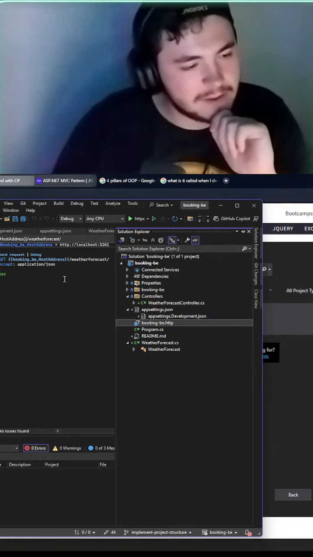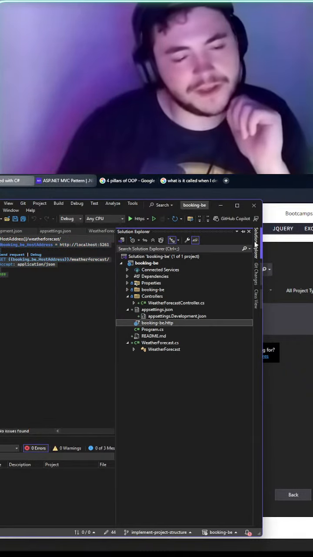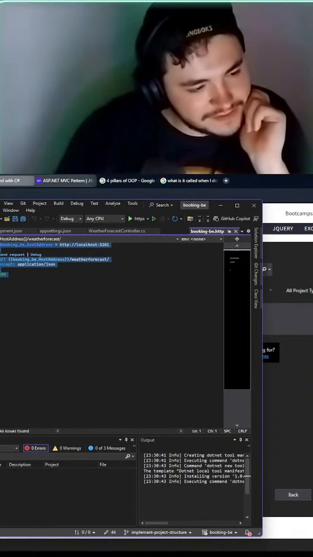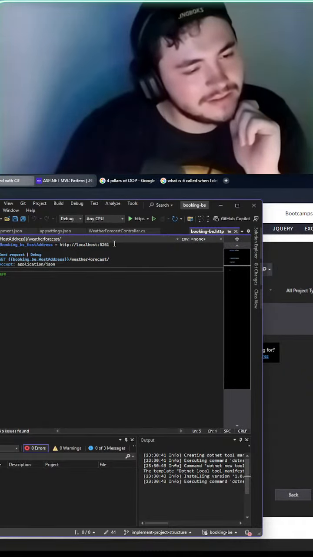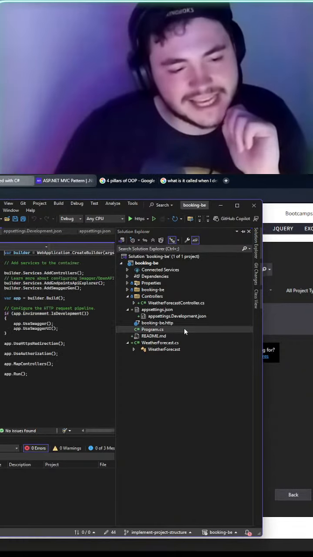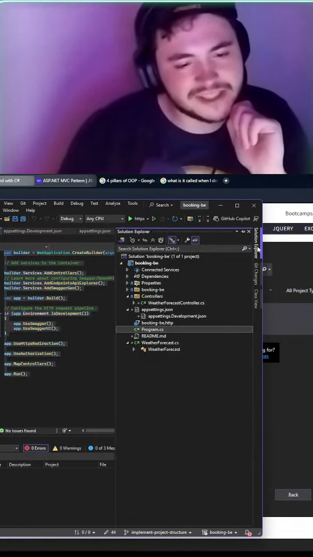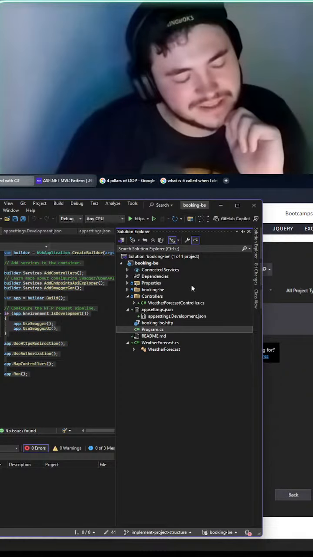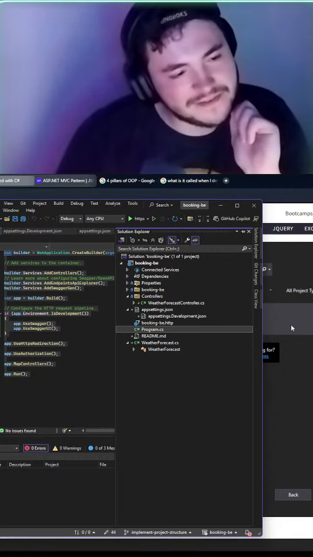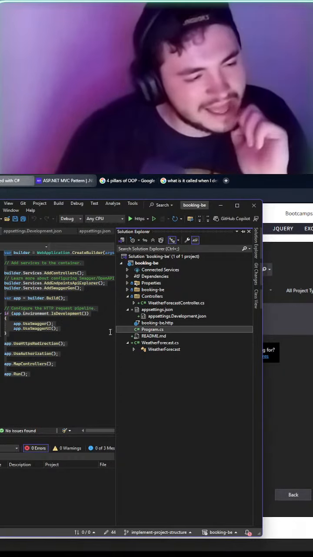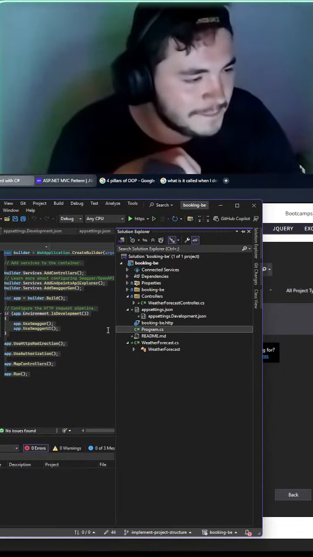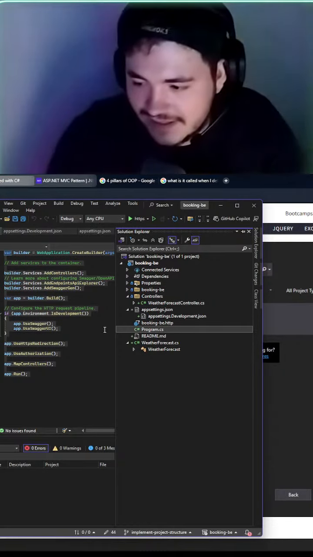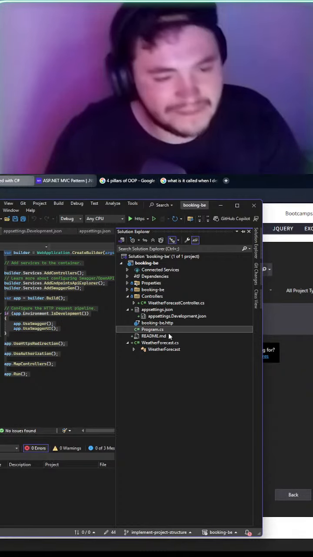Booking backend.http. First time I've seen this in my life, except the projects I worked on must have been old, because I ain't never seen this before. I'm going to have to research what this is. Damn. Program.ts. This is cool. This is just our starter project. It is weird seeing it this small. So obviously the project I've been working on has just been worked on forever, I guess. But the projects I've worked on are proprietary, so I'm not going to give anything like that away. So yeah. C#. Yeah.